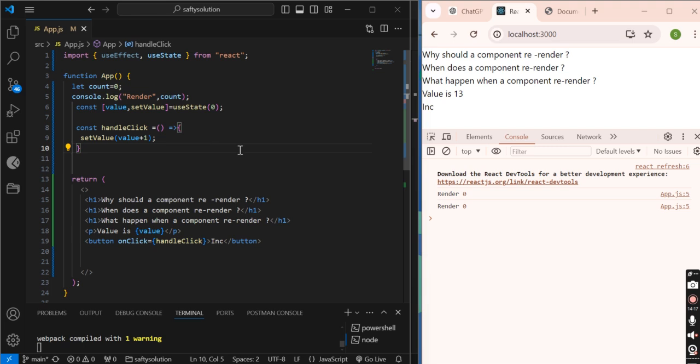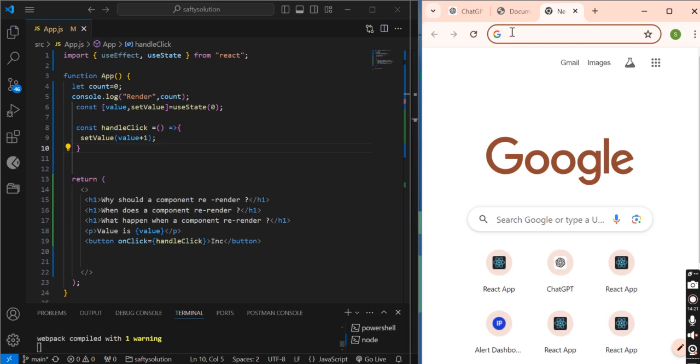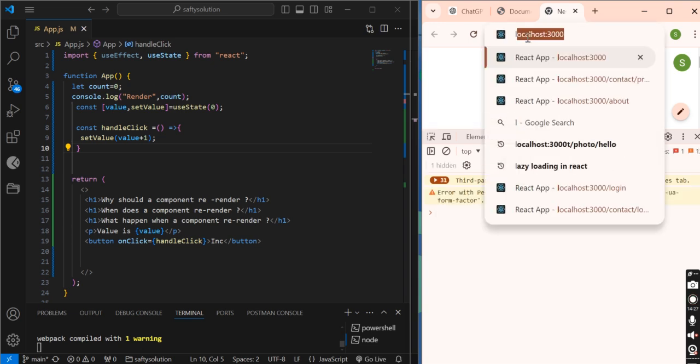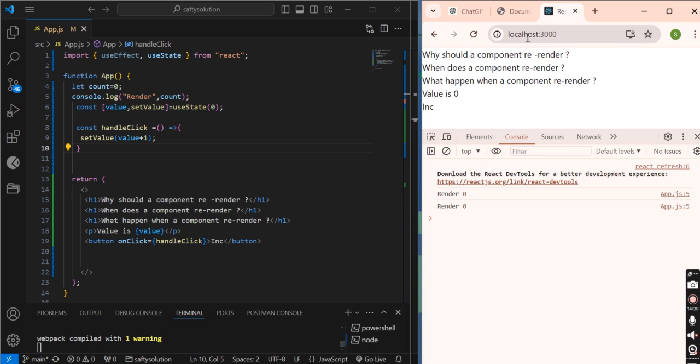Let's see. Let me close this and open a new one. I am opening it for the first time. It's printing render 0. When I click, its value becomes 1, and it's re-rendered again with the count value 0.